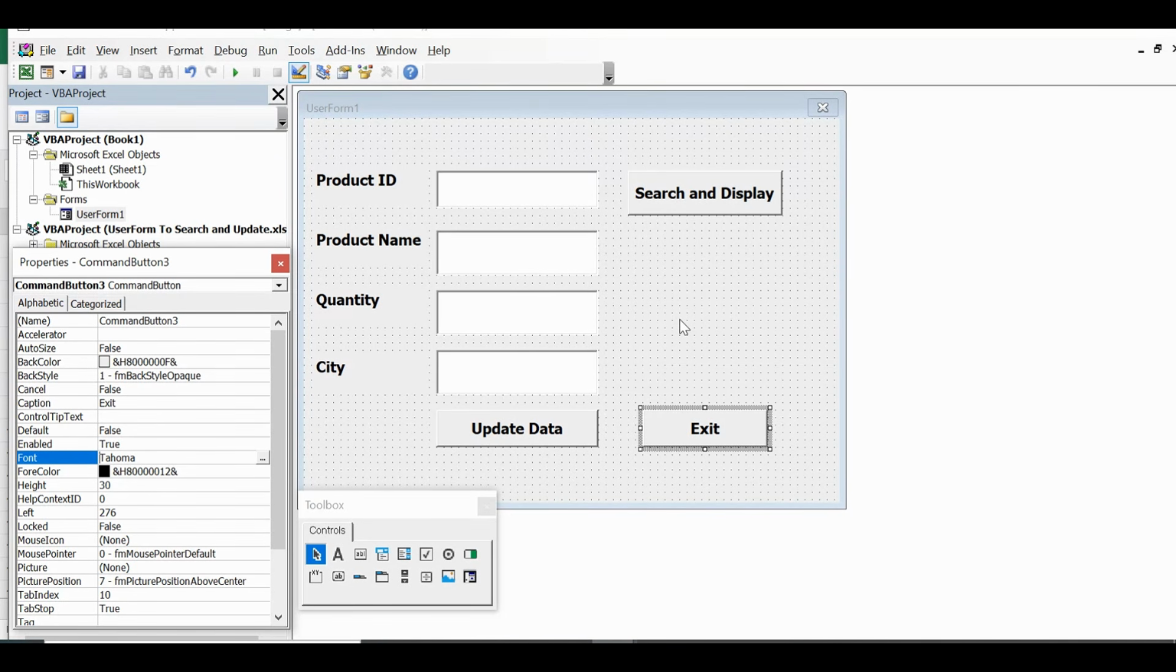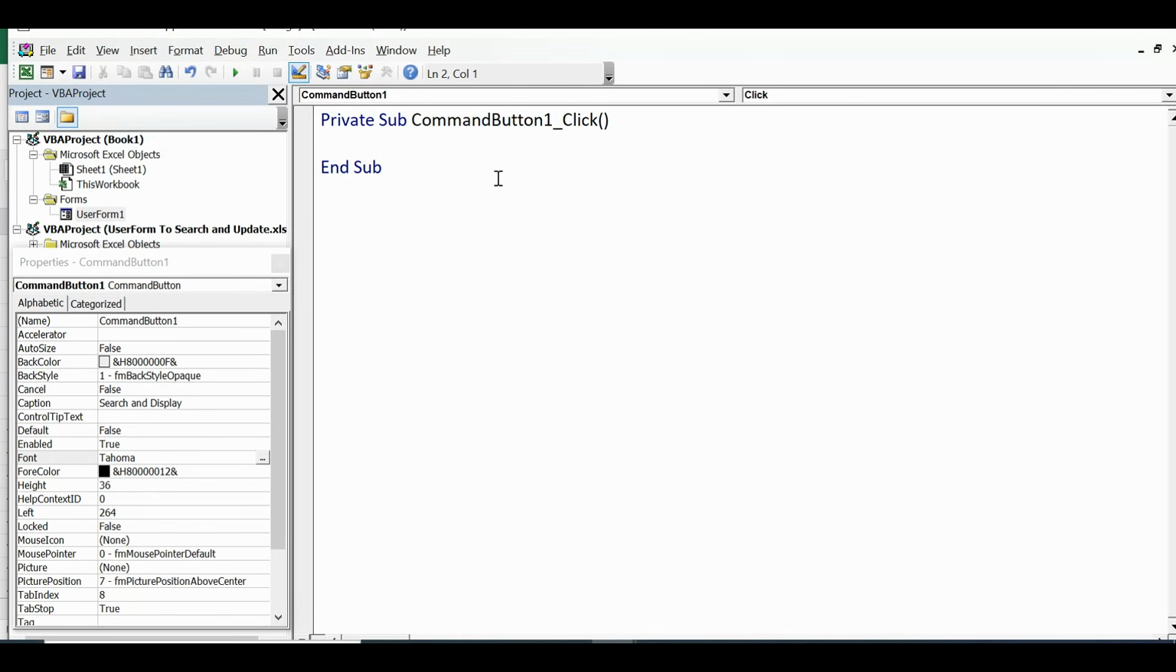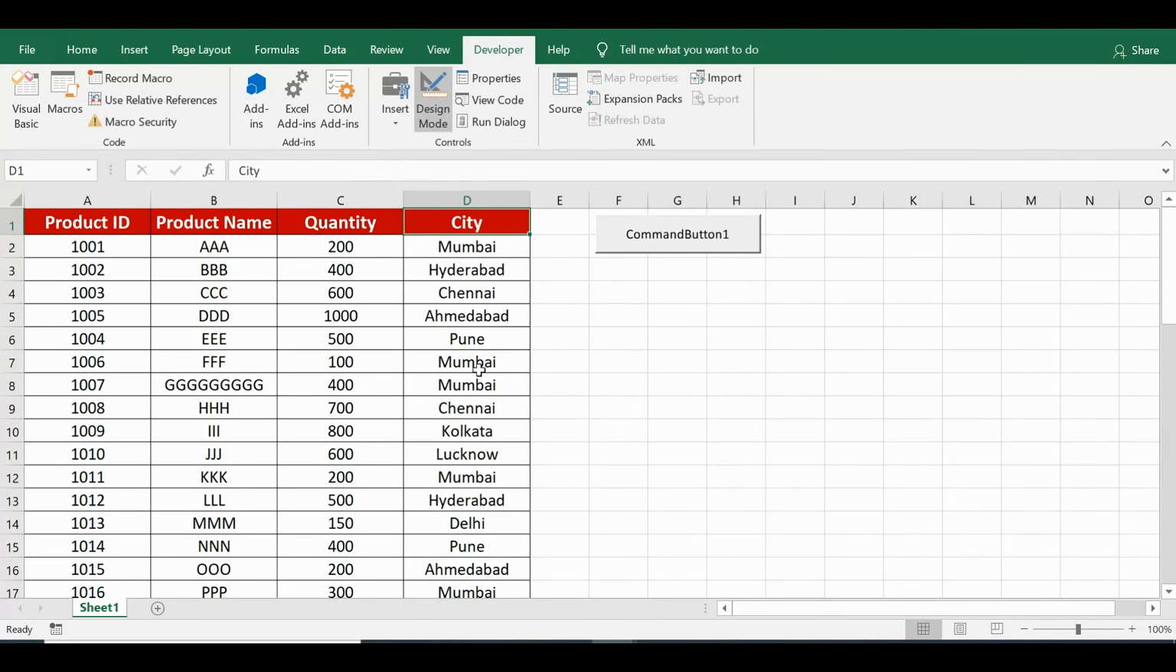Now we need to write code on search and display. So I will double click on this, and here I need to write code to search data on Excel sheet. So first of all, I'll create one variable, dim product_id as string, and then from text box 1 we can see on user form,